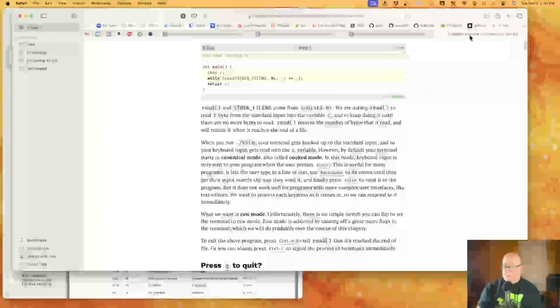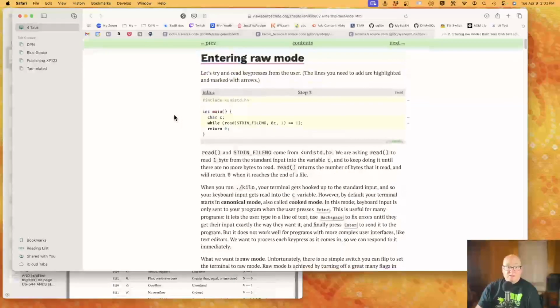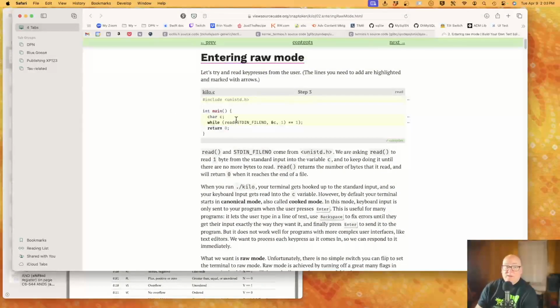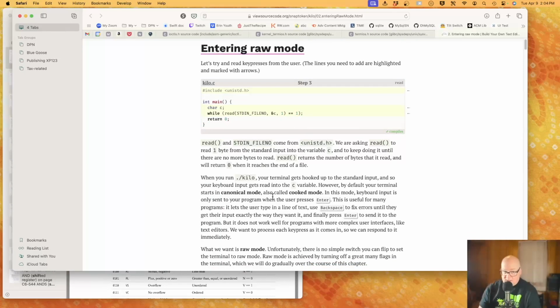Let's see. The other thing I did was I found another article on doing this that looks really good to me. So we'll probably basically try and replicate what this article does, and that should get us at least the C version. This is all part of a project to create an editor, maybe a Vim kind of editor. So he wants to read key presses. Well, the first thing to try is do a read and give it a one-character buffer and see what you get. And the answer is, because you're in cooked mode, which is also called canonical mode, according to him,